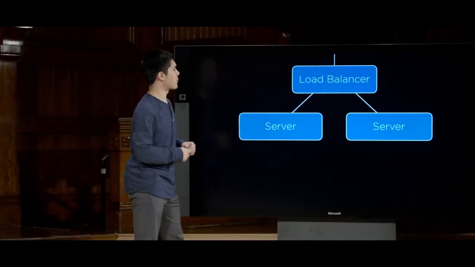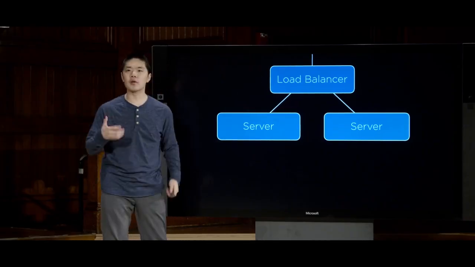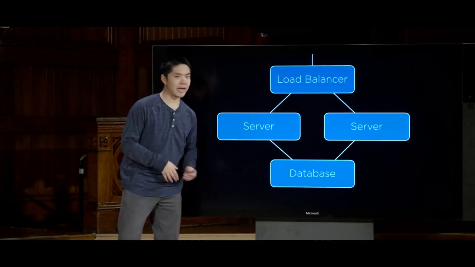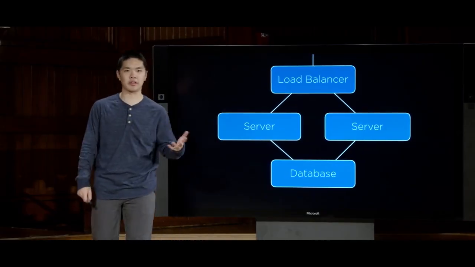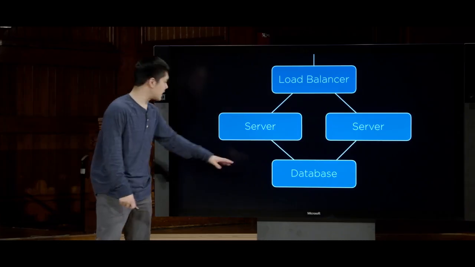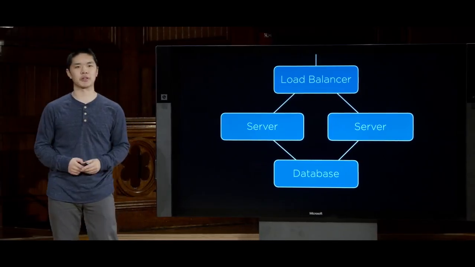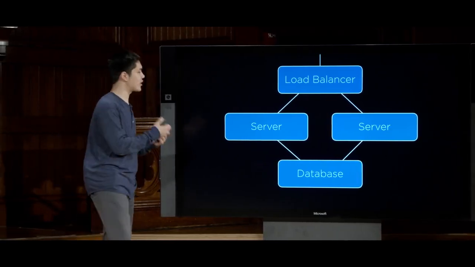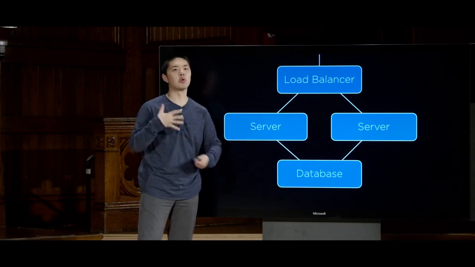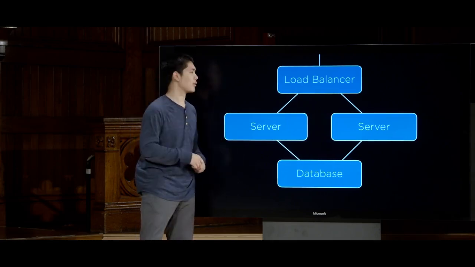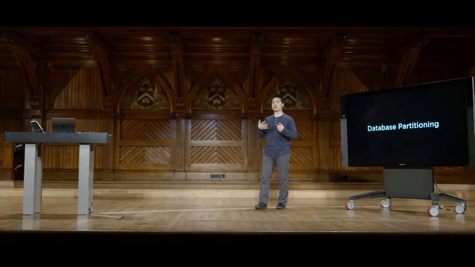In this picture, for example, you might imagine a load balancer that is communicating with 2 servers, but both of those servers need to be communicating with this database. And much like any server can only handle some number of requests, some number of users at any given time, databases, too, can only handle some number of requests, some concurrent number of connections at any given time. And so we need to begin to think about issues of how it is that we scale these databases as well in order to be able to handle more and more users. Now, one approach, the first thing we might try to do, is something called database partitioning,